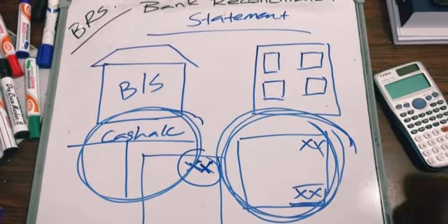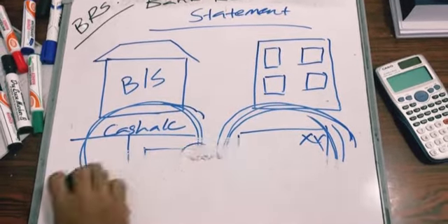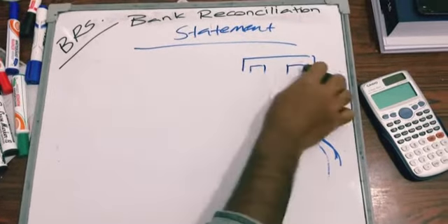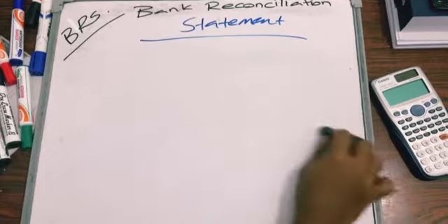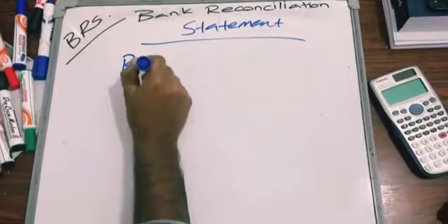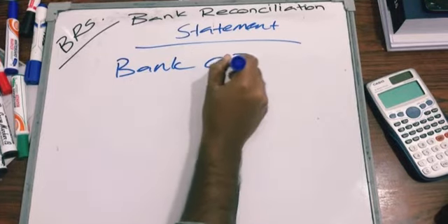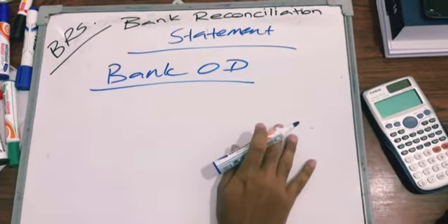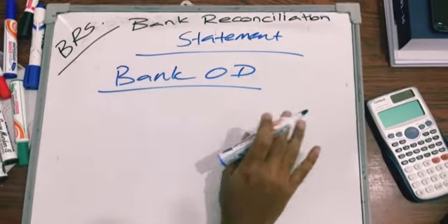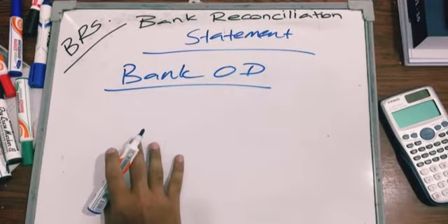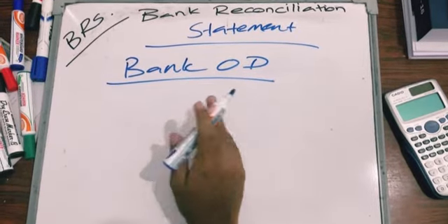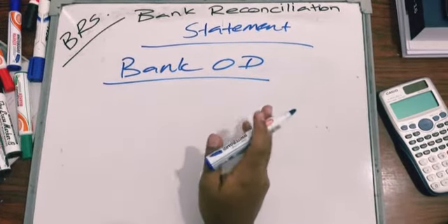Next, generally, what do we mean by bank overdraft? Bank overdraft is a facility given to current account holders. What do you mean by bank overdraft? Bank overdraft is a short-term loan given by the bank to a business in order to meet its short-term